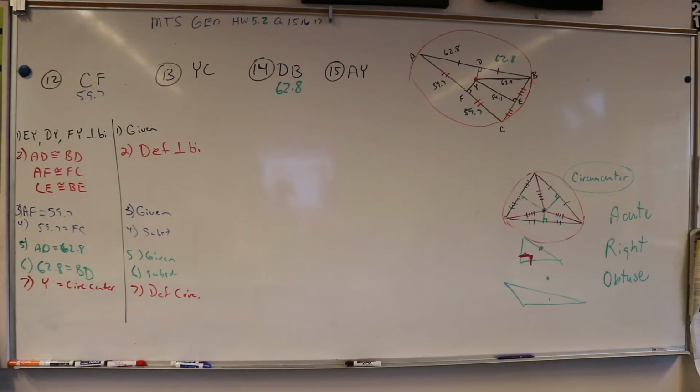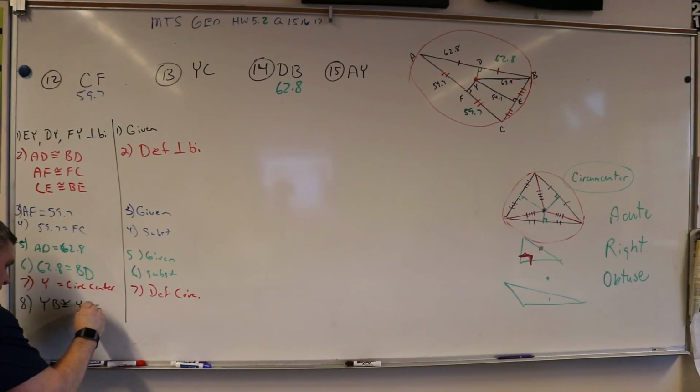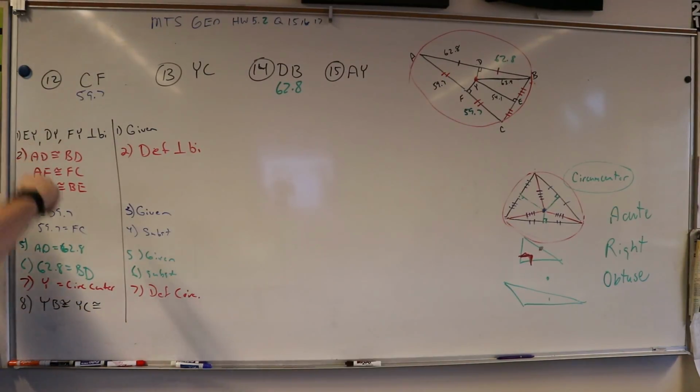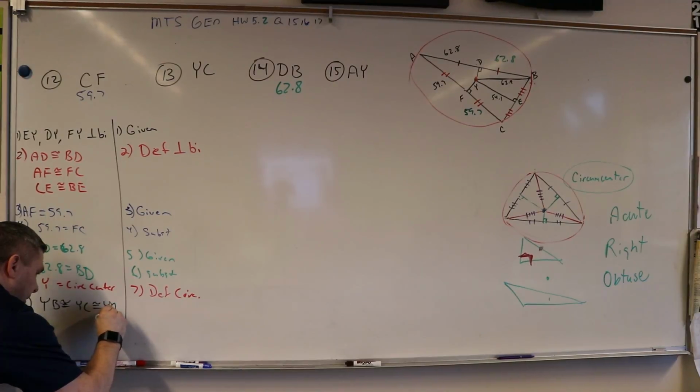Because it's where the perpendicular bisectors intersect, by definition, that's the center. And because that's the center, then Y to B is going to be congruent to Y to C, which is going to be congruent to Y to A. Because that's the